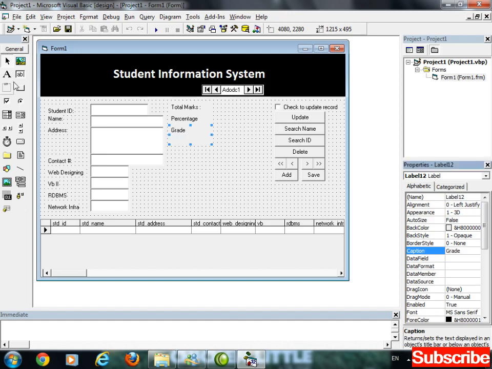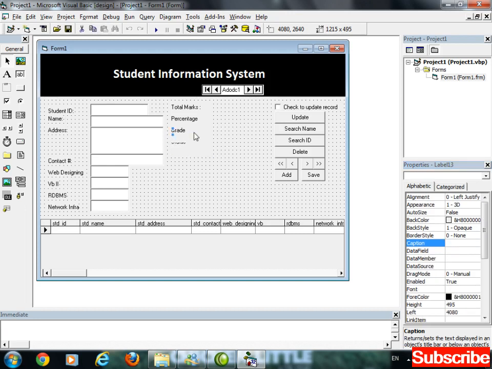Grade, and the last one is status. Position. Now, at a time a single record for a single student will be displayed. Okay. Using control click, select all of the 4 labels and change the auto size property to true.